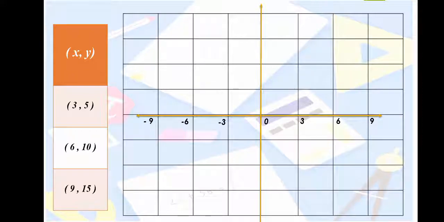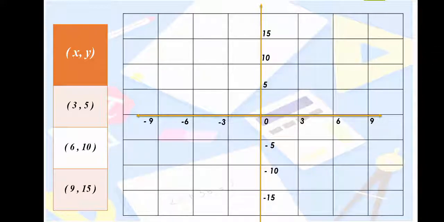So 5, 10 and 15 are the multiples of 5. The maximum number is 15 and there is a difference of 5 between these points. So we will take the first point 5, then 10, then 15. For the negative y-axis, -5, -10 and -15.